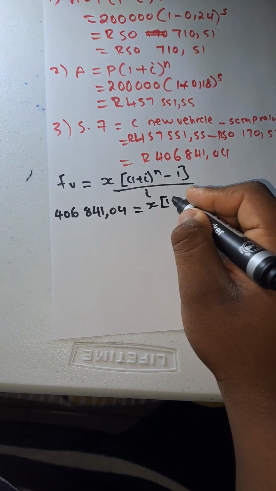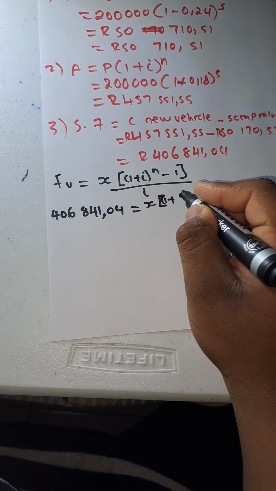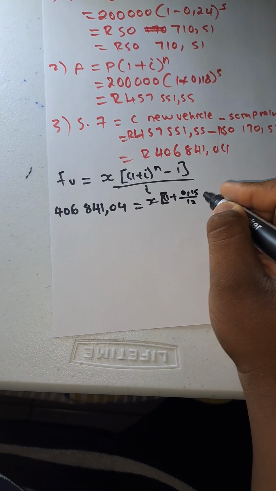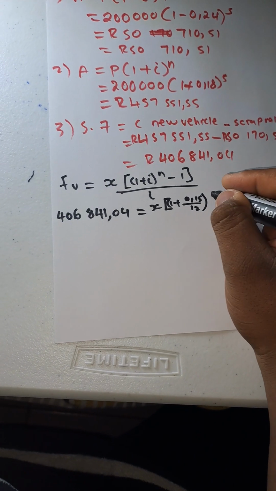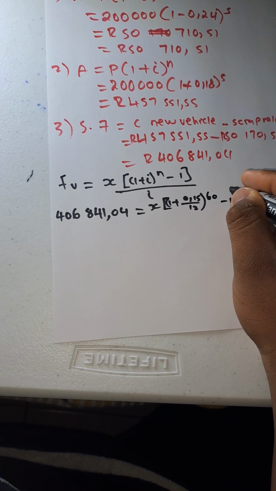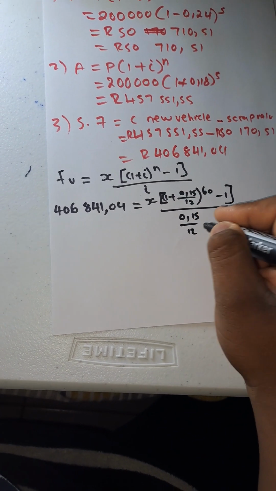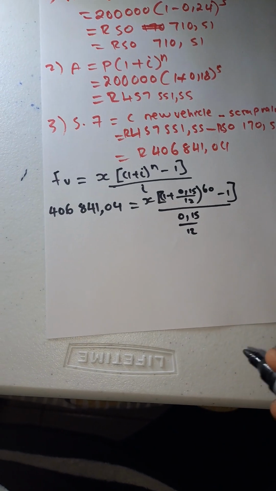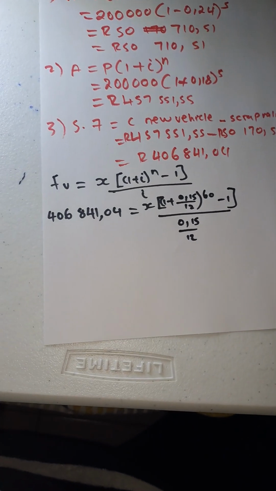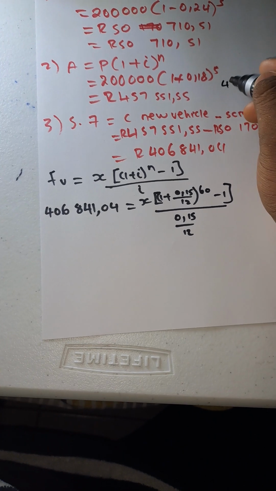They want the value of x. 1 plus 0.15 over 12, because they told me it is over 12. What is 12 times 5? It is 60, minus 1, over 0.15 over 12. Now the main thing that we will have to do, remember, is if you have something like 4x plus